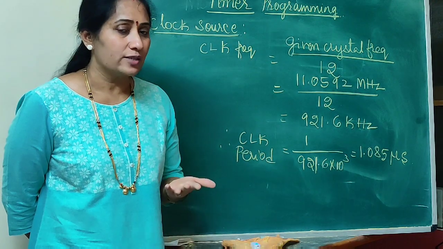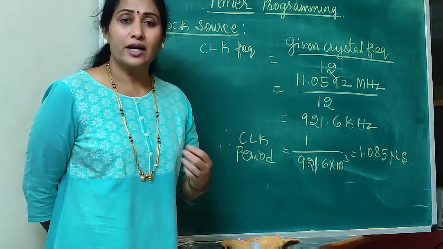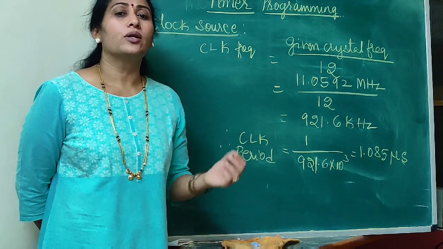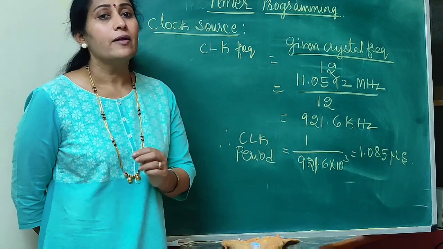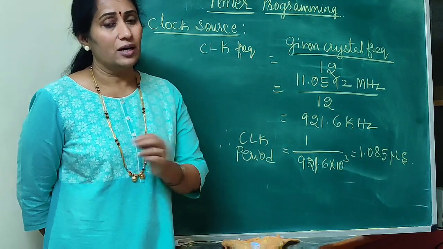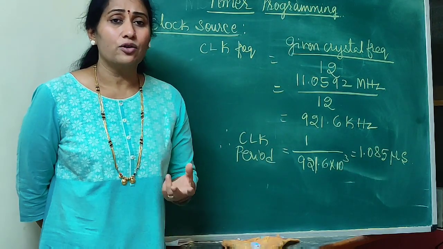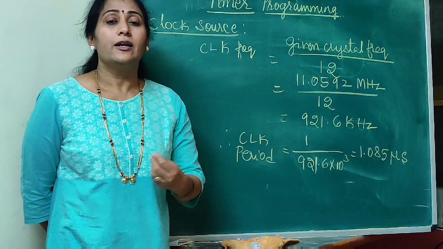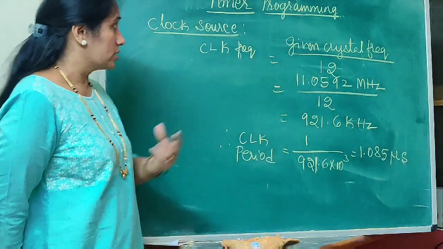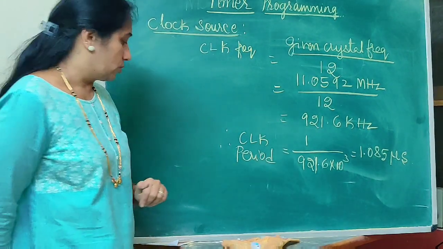You're going to have the flag bits in it, and you are going to have the start and the stop bits which are connected to the timer, and the lower nibble in the TCON register is having the interrupt control bits. The interrupt flags are going to be there, and the trigger we can select over there. When should the microcontroller identify that the interrupt is there? So this is going to be the thing, and this is about the clock source.